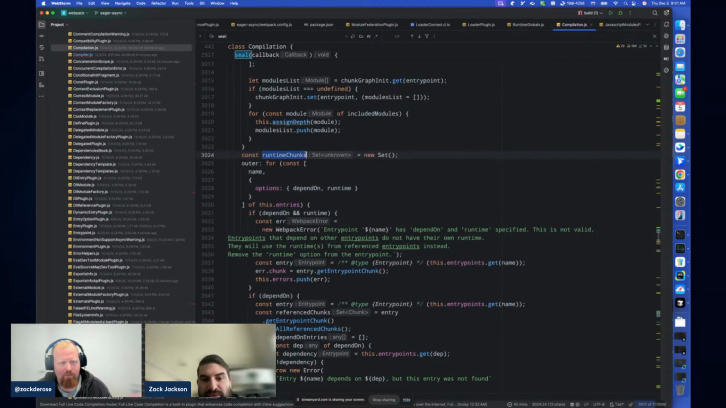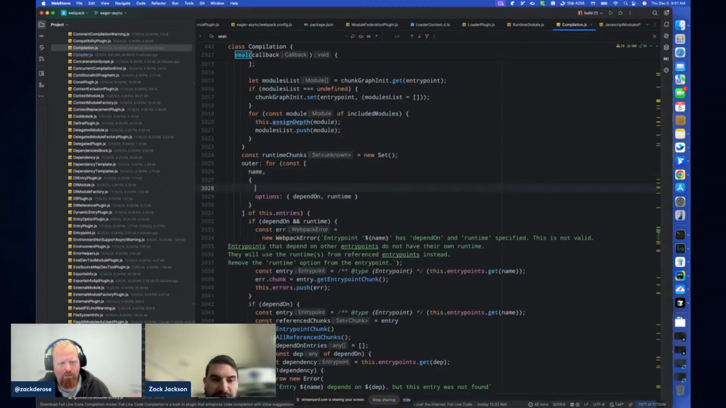So on your entry point, you could say entry, or it would be something like import, and you could say index.js, and then maybe it depends on, and Next uses this, so let's just use the Next example. They would have, hey, it depends on underscore app. So that's how page works. It depends on underscore app. And then runtime would be